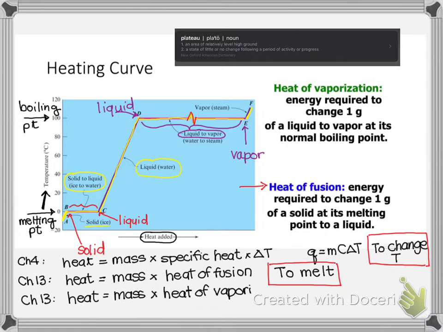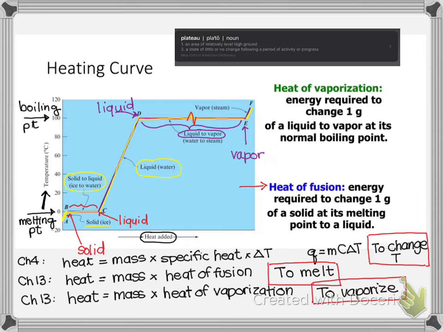And you can see up above at the upper left hand of this screen, the heat of vaporization is just the energy required to change from a liquid to a vapor. So depending on the description of our problem, we might have as many as 3 different heats that we need